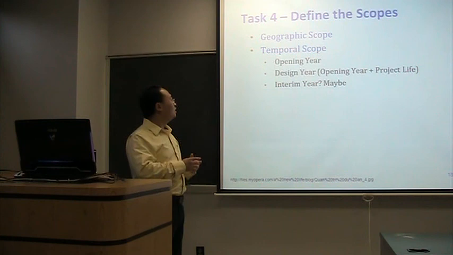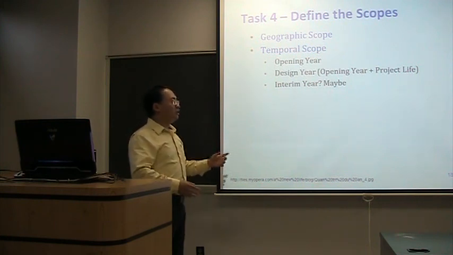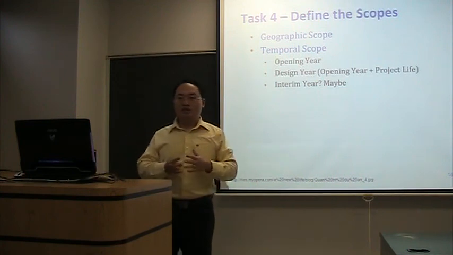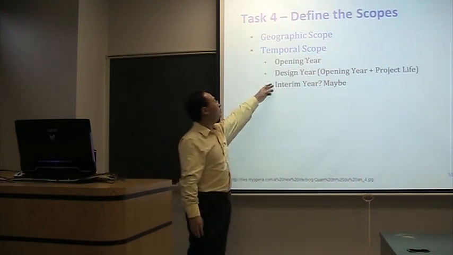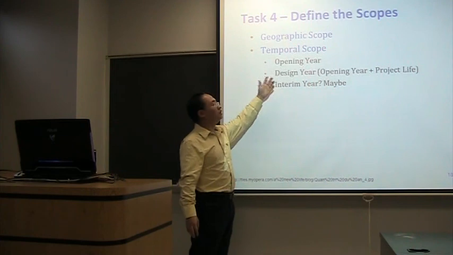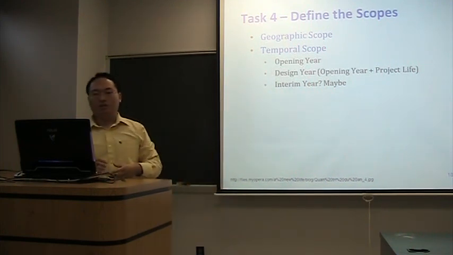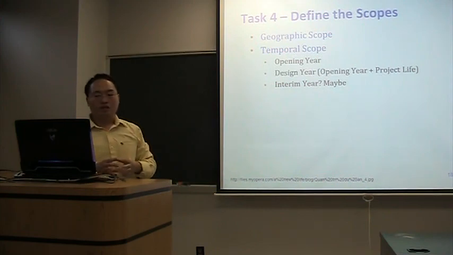Design year is, for example, if you have a bridge and you want it to last 20 years, then the design year will be 20 years after the opening year. And sometimes you have to focus on the interim year, which is the year